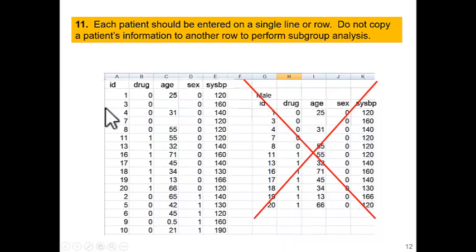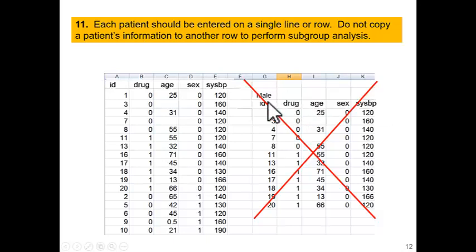And you can't do that. If you look at this line, line number 4 contains ID number 4 and ID number 1, and you can't do that. Each row includes only a single patient,